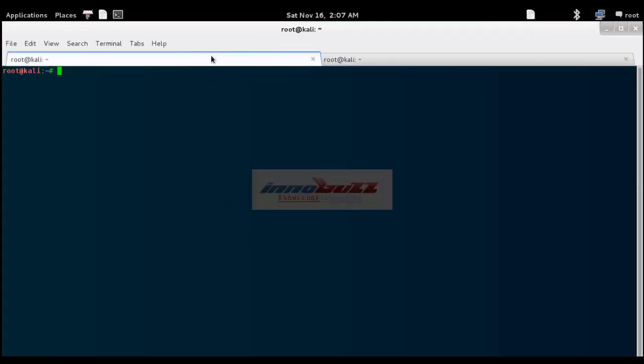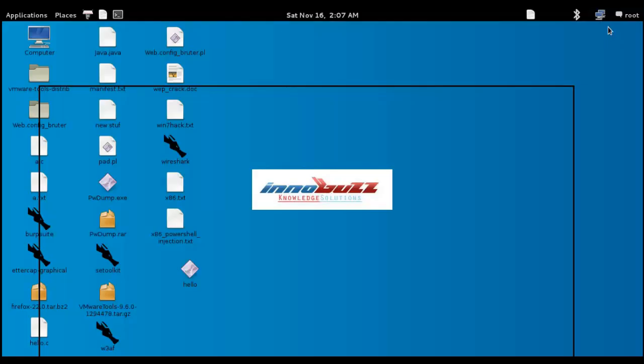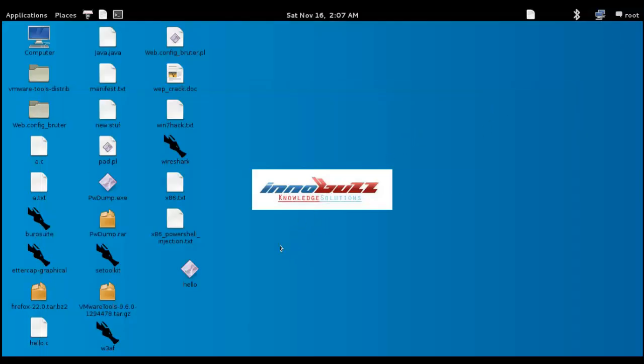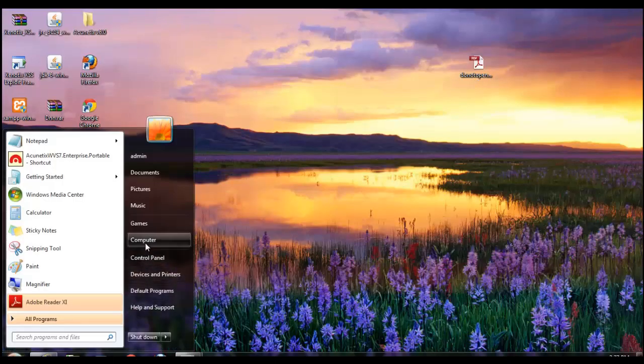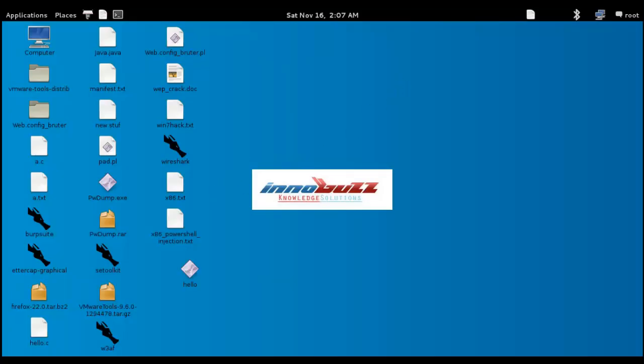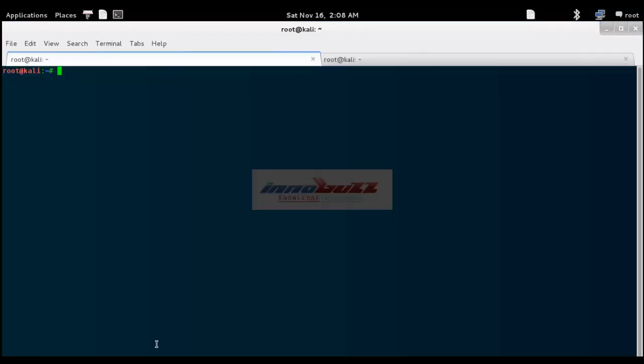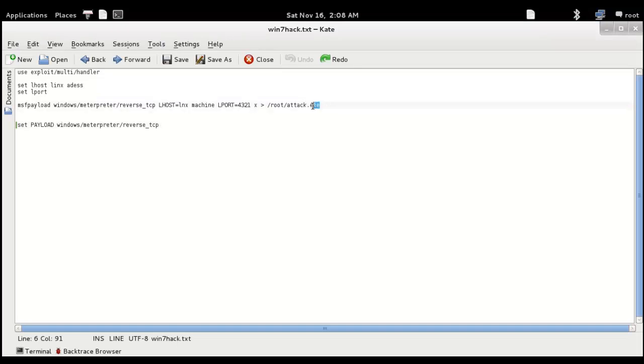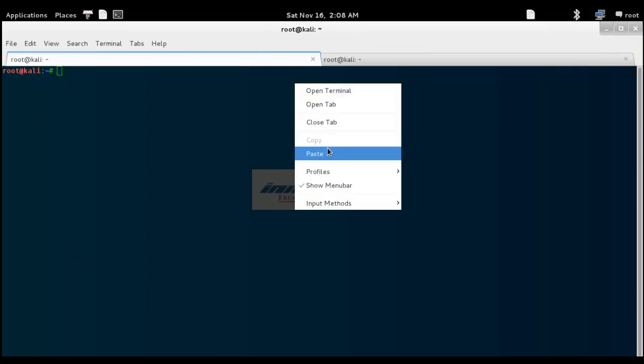Here I'm going to use as an attacking machine my Kali Linux. It's another updated version of the Backtrack machine, and as a victim I'm using a Windows 7 machine. So here I'm using a Windows 7 Home Premium version, and I'm going to compromise this machine, and let's see what will happen then. So first of all, I need to create a payload, that is an application based payload that I'm going to execute onto my victim. So let's first of all create a payload. For that I am just simply going to use a simple command through which I can create a payload.